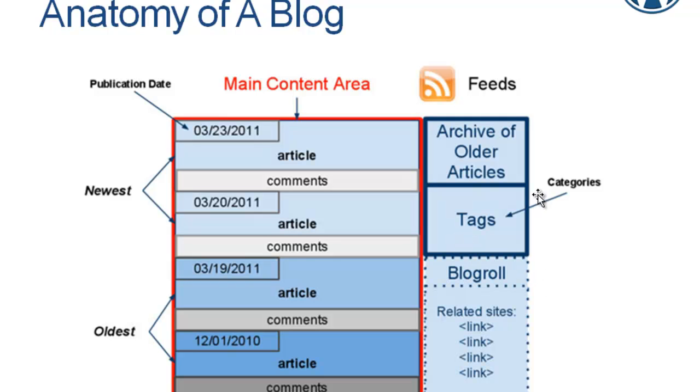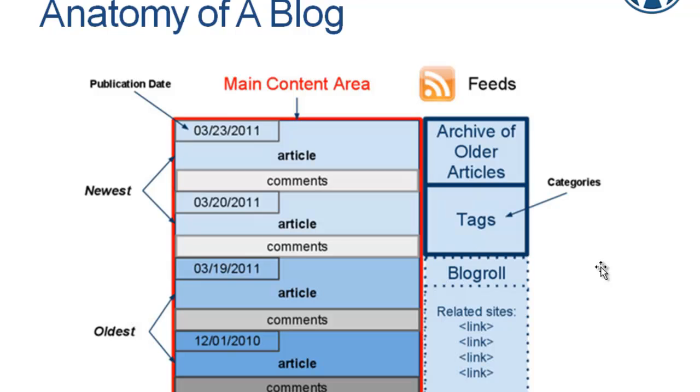If they have multiple categories, they'll also have the categories to click on, and then it'll take them to the posts in that particular category. Tags. I'm not sure why this arrow for categories is pointing to tags, because they're really two different things. But with tags, usually you'll have some kind of tag cloud. If your post is on, I don't know, baseball bats, then you'd have some tags on the side, maybe baseball, baseball bats, sports equipment, stuff like that,